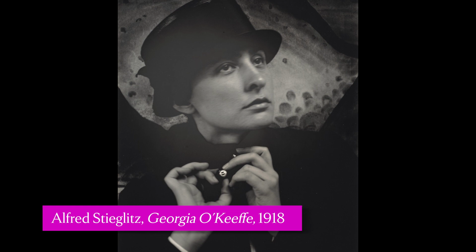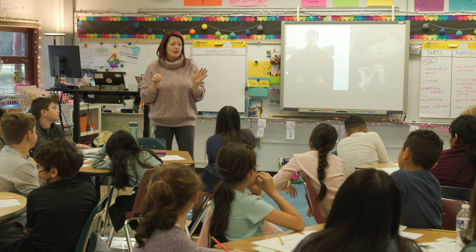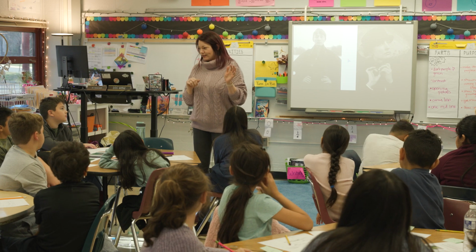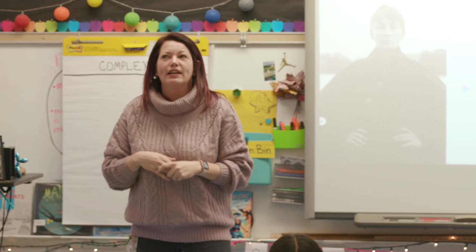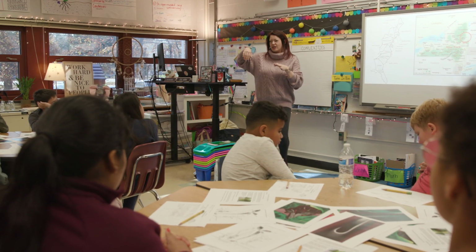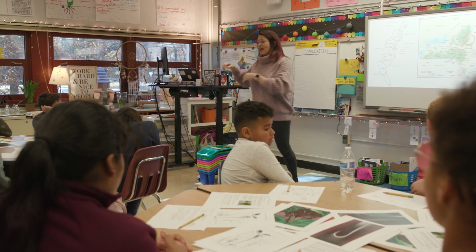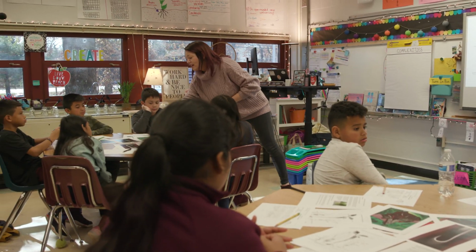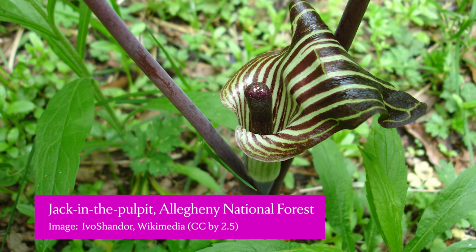Even as a child, she would draw flowers all the time. And she actually became an artist at the age of 12. She lived in upstate New York in Lake George. And around the lake, there's a lot of swampy and woods areas, and these flowers actually grow there. It's a wildflower, and its name is Jack in the Pulpit.